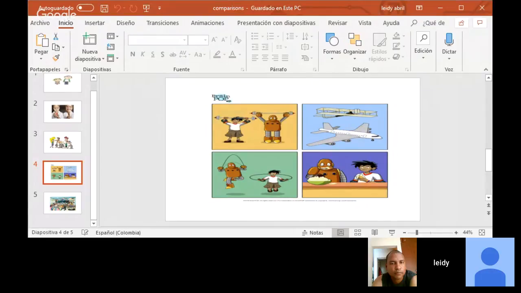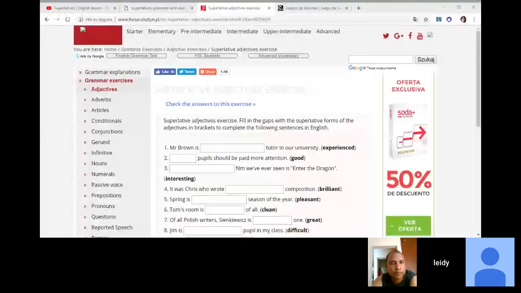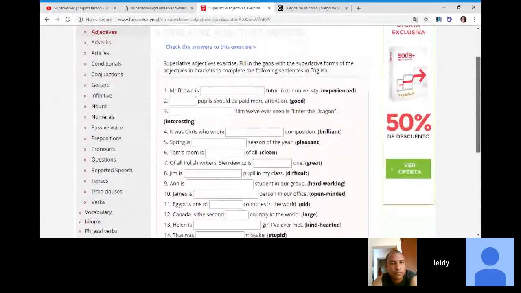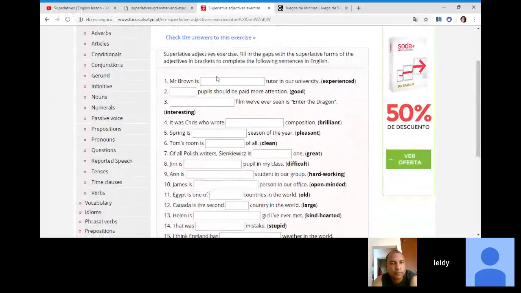Now, I have an exercise for Catherine and Oscar. Yes? Now, you only write the correct answer about the sentences that I say. Now, Catherine, do you see the exercises? Yes, I can see it. Okay, what about you, Oscar? I can see it. Now, in this part, I write the answer. You say the answer, I write it, okay? Now, Catherine, what is the first answer?